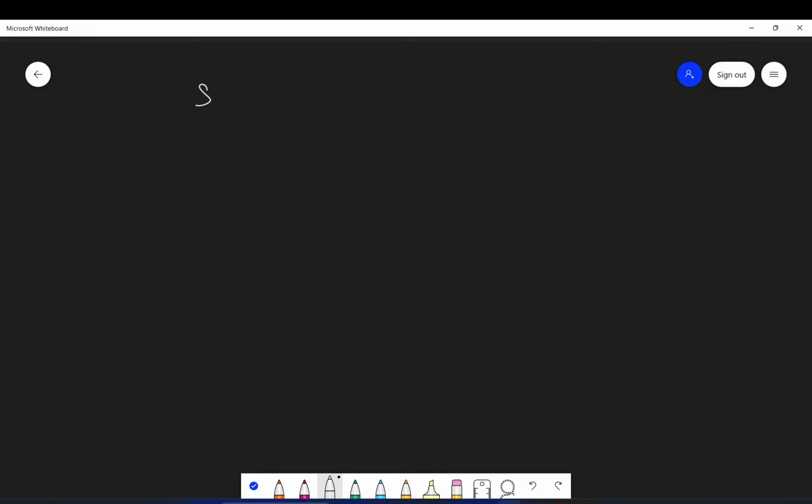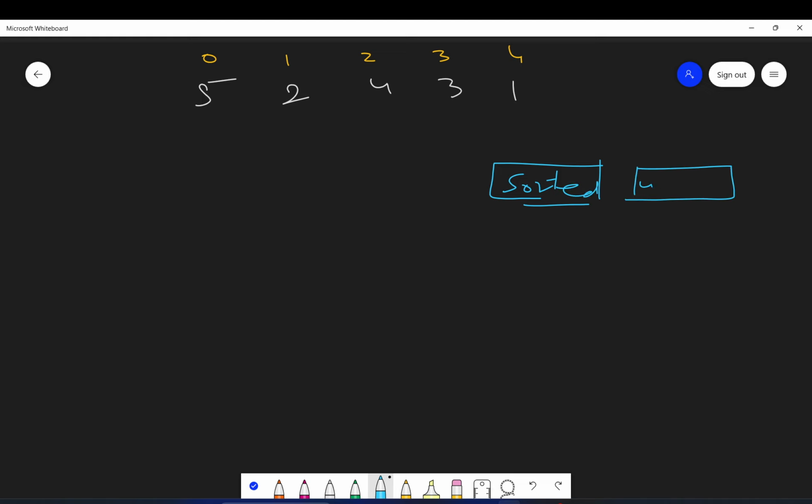So we have 5, 2, 4, 3 and 1. Let me quickly do the indexing here. So we have 0, 1, 2, 3 and 4. Now, in insertion sort, we will always have some sorted elements and some unsorted elements.